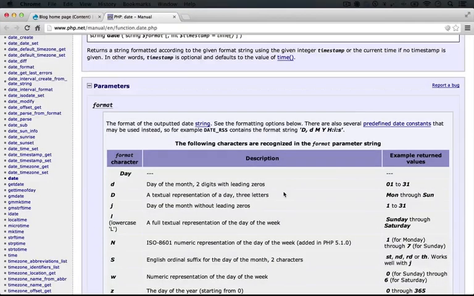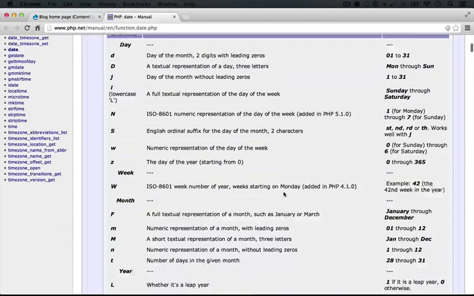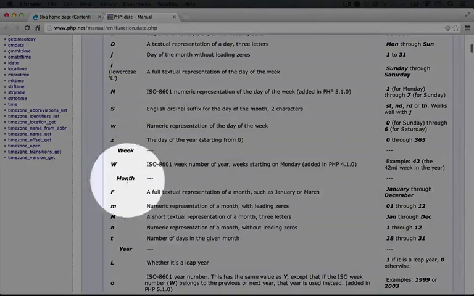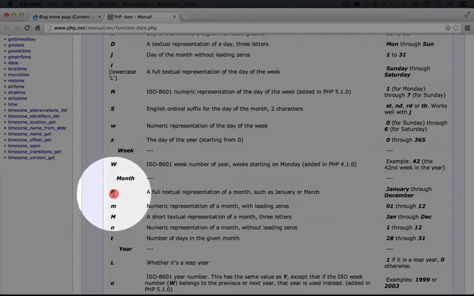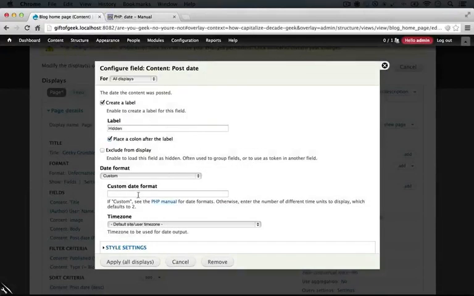So what we want first is a representation of the month, which is the full month title. So I'm going to scroll down here, and you see our month options in this sub collection here. So we can choose the first one, which is what we want, which is the F, but look at our other options here. Reading through this page is a good way to know exactly what you have available to you when you create new date formats. So I'm going to copy this F, and I'll jump back over to our view page,